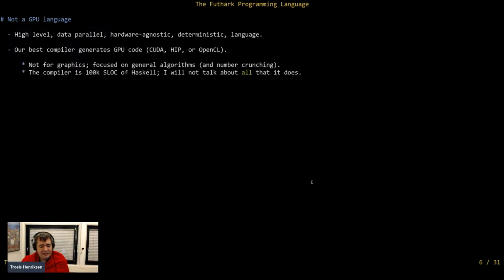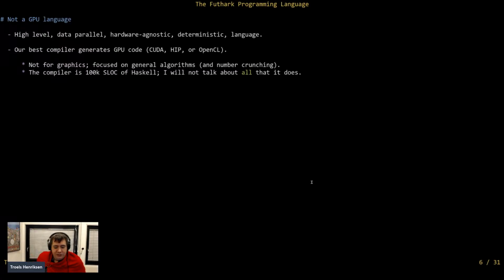But again, from the research perspective, and remember, with Futhark we try to make it a practical and useful tool, but we are also academics, and that means we're allowed to dream a little. So the dream of Futhark is that you can write code in a way that is high level and data parallel, without worrying about the hardware, and it's deterministic, so you have no race conditions. And then a compiler will make it run fast on the parallel machine that you actually have available, which can be any parallel machine because the language itself does not require you to program directly towards hardware features.